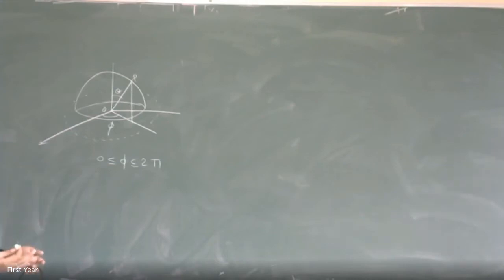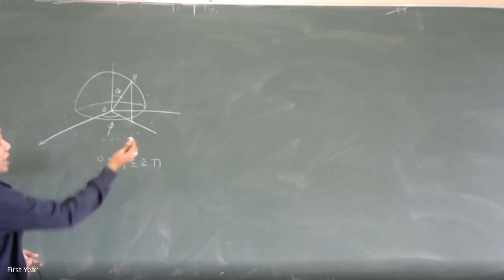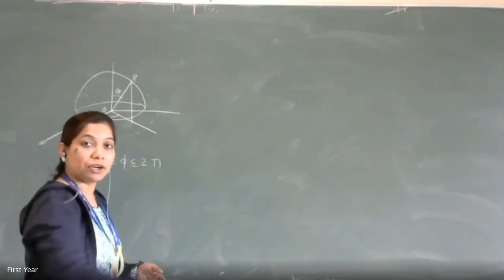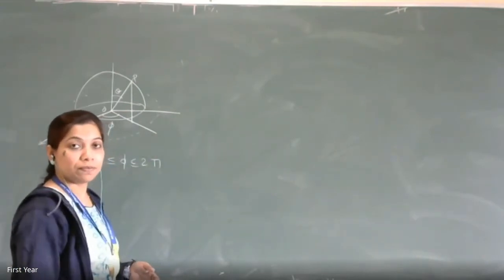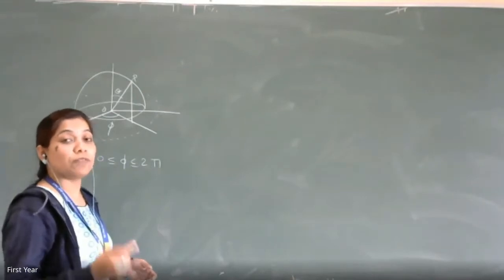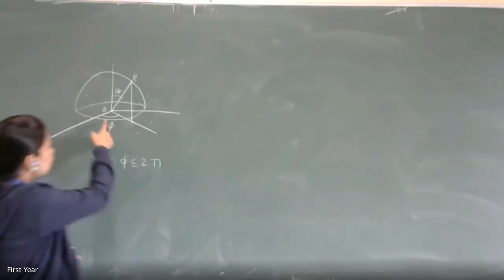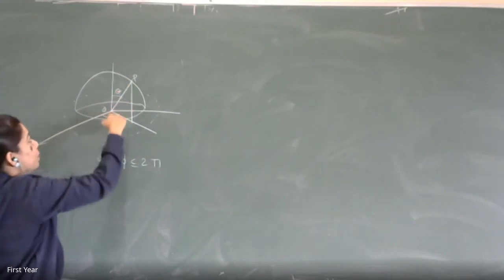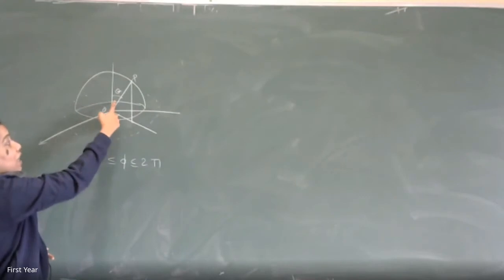What type of rotations are there in the sphere? One is a horizontal rotation this way, and the other is the vertical rotation this way. So you might imagine that both of them are 0 to 2 pi. One is clearly 0 to 2 pi. But what is this angle theta? It is the angle made by OP with only the positive z-axis, and